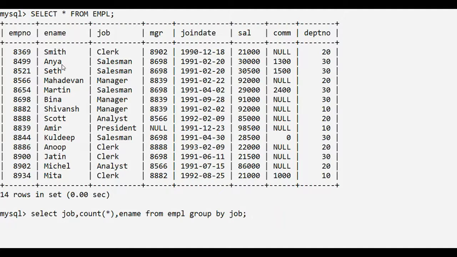But you can see in this group of records for the job salesman, the names of the employees are different. So internally, from this group of records for the job salesman, MySQL will pick up the first name, that is Anya, which will be displayed in the output.